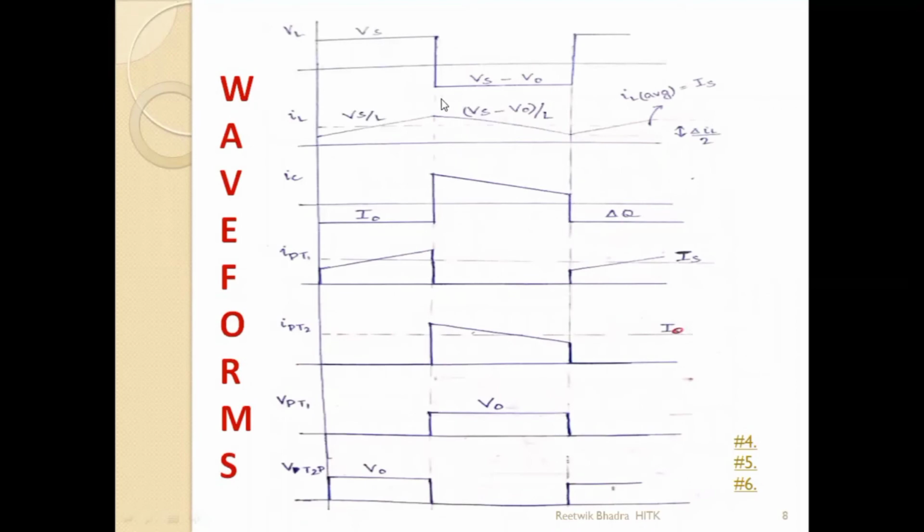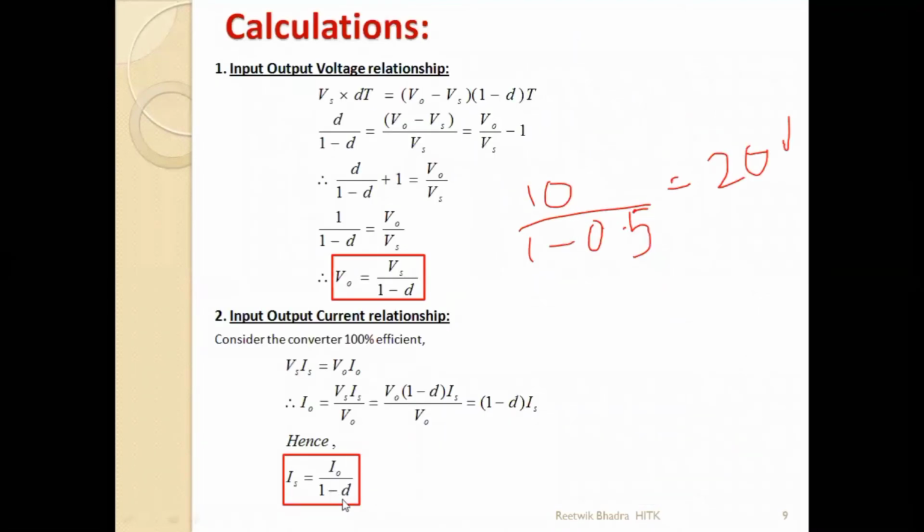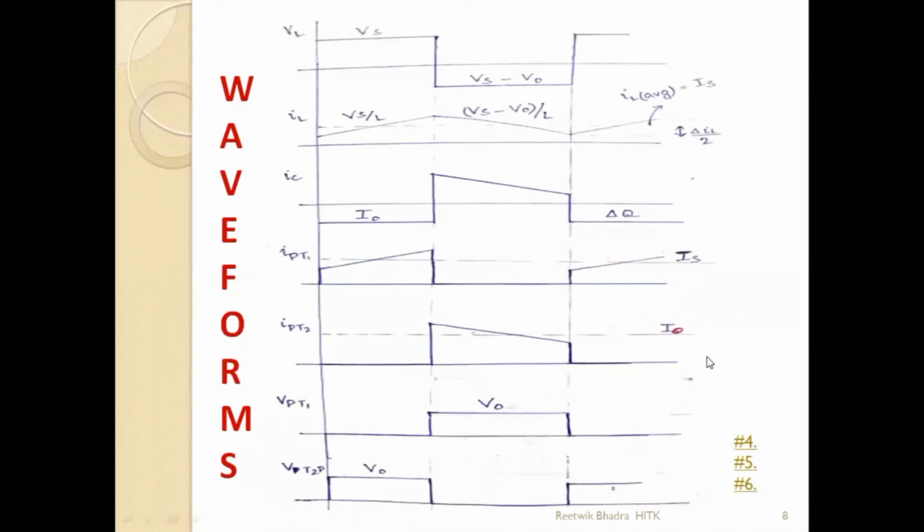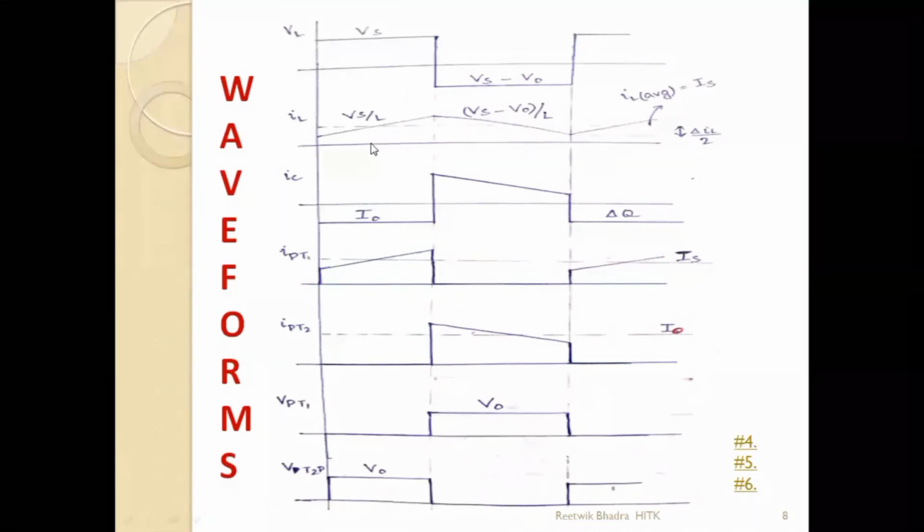Okay, see, IL is flowing during which period? During this 1 minus D T period. So obviously there should be a factor 1 minus D multiplied with I naught. So if you do the integration and all, you will find that equation. You can find these average values by the integration method also. Like normal thing, if I give a waveform and tell you to find the average value, you find it out that way.